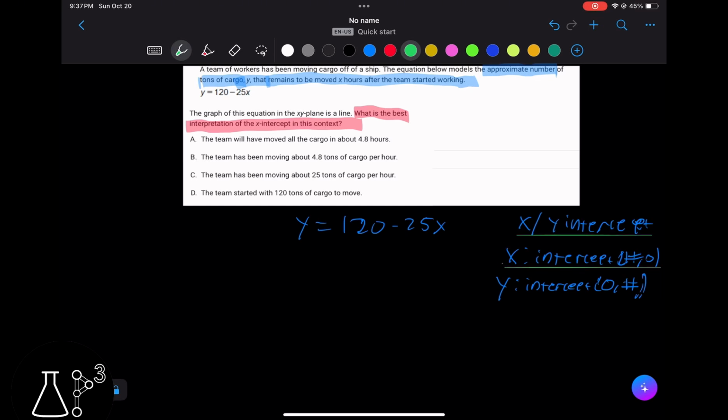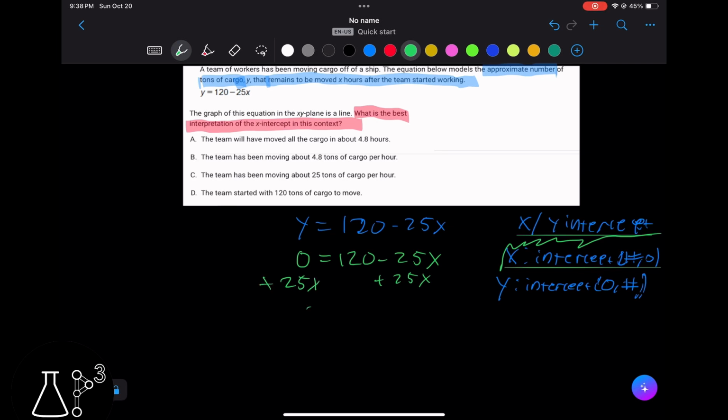So what can I do is make y equal 0 and then solve for x to look for the x-intercept. If I do that, I get 0 equals 120 minus 25x. And now I just solve for x. I can either move the 120 or the minus 25x on the right side, but let's just move the x value. Well, I can add 25x to cancel out the x on the right side and get positive 25x on the left side. So if I add 25x on both sides,